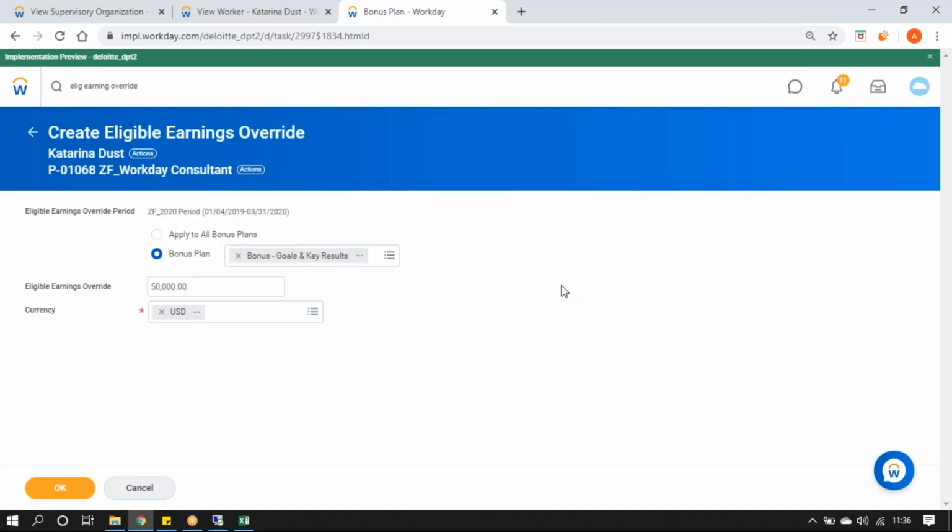Right? So instead of using the employee's total base pay or total compensation or any other basis, I'm saying calculate whatever target is assigned to the worker for this bonus plan in the compensation review process on this amount which I'm defining for a worker,